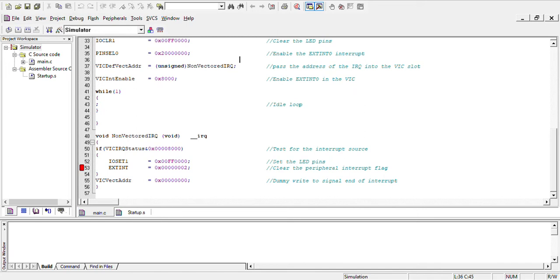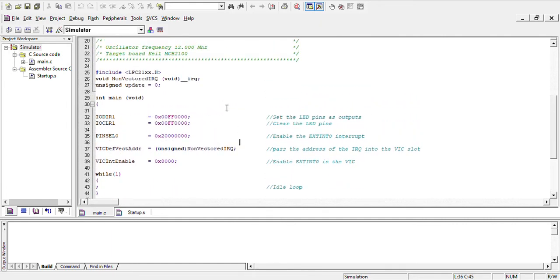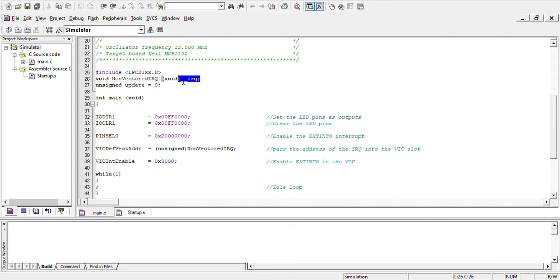In this experiment, an interrupt is configured as a non-vectored interrupt. The non-vectored interrupt is also an interrupt request, so the function is defined as ISR using this keyword, as highlighted. Building this program